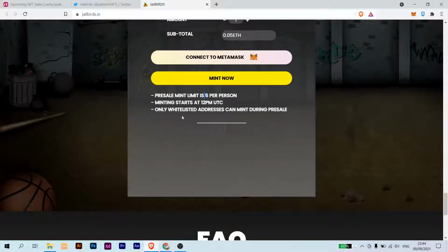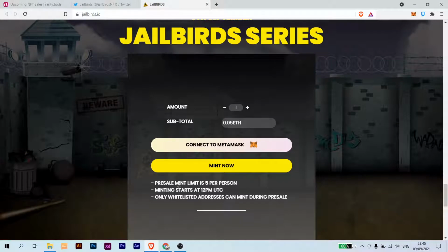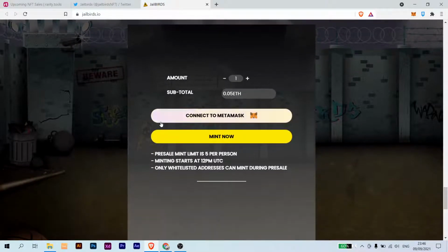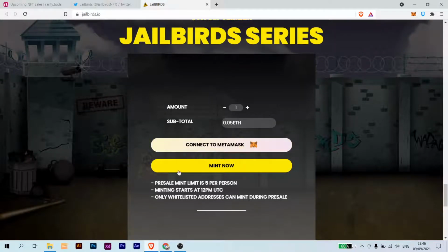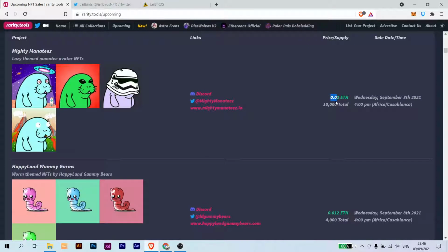But what I noticed here is it's a pre-sale. It gives people an early way to get in and mint the NFT, for people that are loyal to that project, like the community and stuff, and they give them this before they get into the sale. So as you can see now, it's pre-sale here, and the sale is in September. So always make sure you check when the sale and pre-sale are. Okay, so this one is 02,